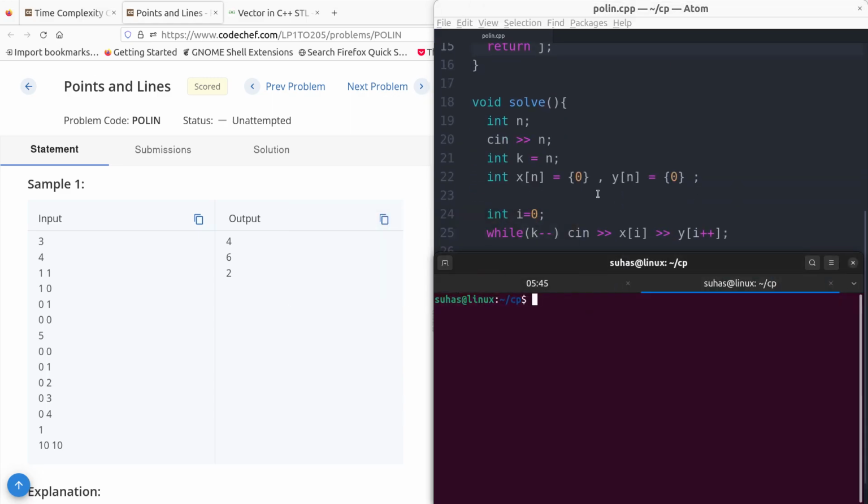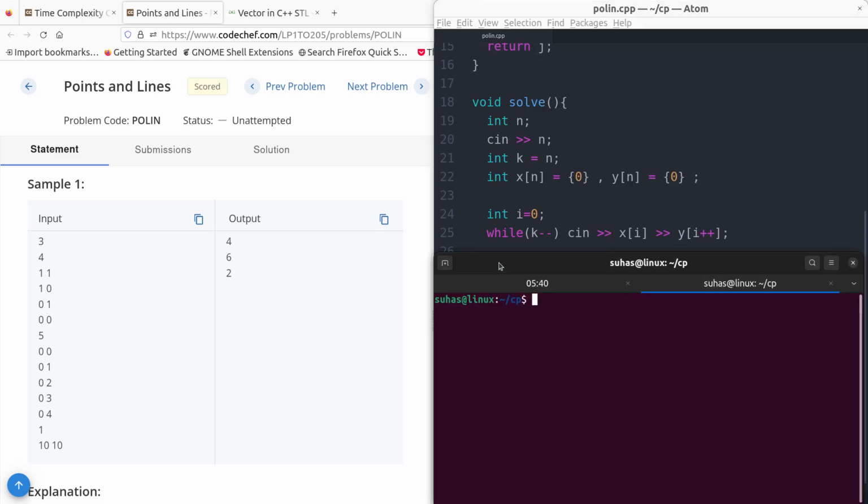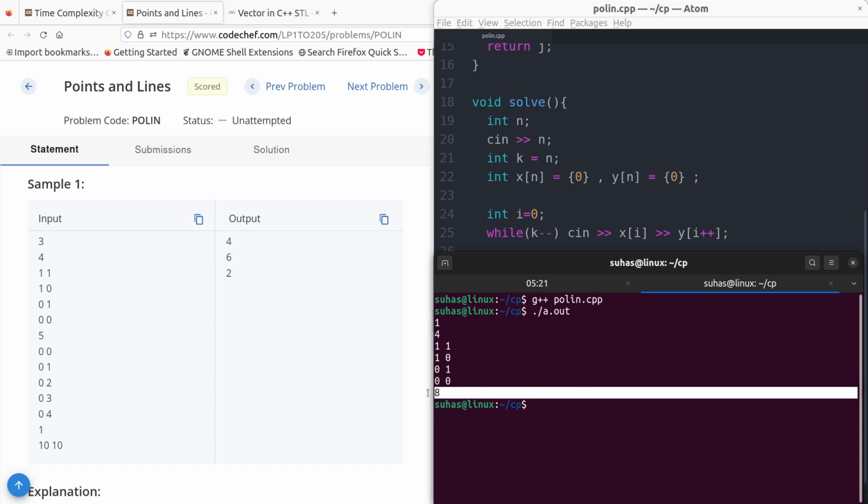But I forgot to return it, but here I am reading it, I am saving the return value. Well, it happens. Dot out, let's say 1 4 1 1 1 0 0 1 0 and 0. Getting the answer as 8,